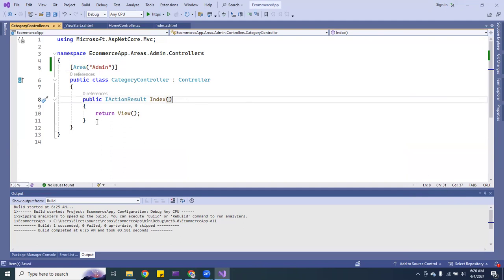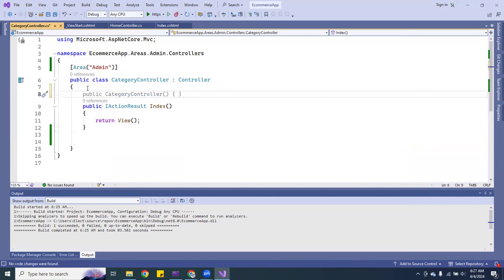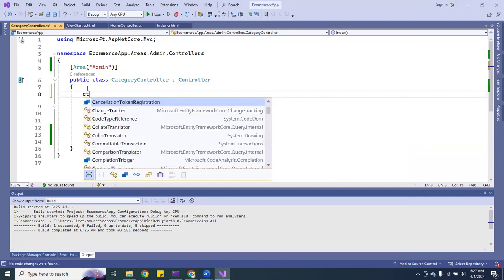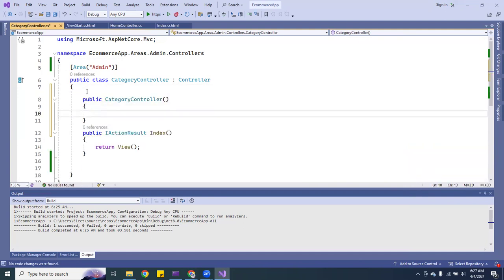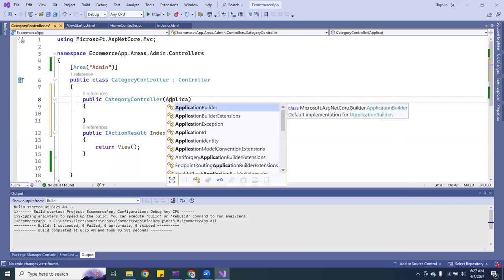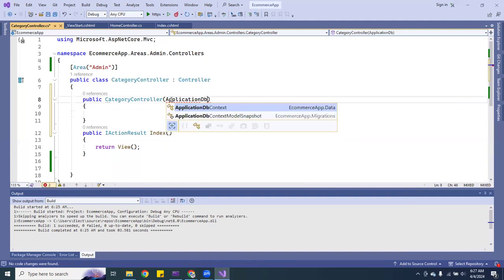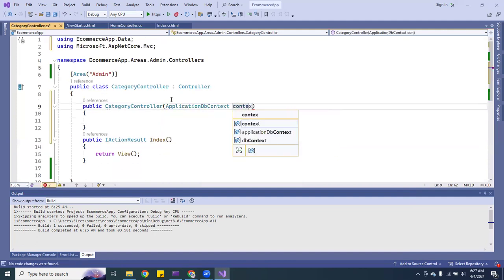So the first one to do is the index. Here what we're going to do is create a constructor. I forget how to do that one. It's been a while. Okay, there it is, CTOR. And here we're going to inject the data context. I think I called it ApplicationDbContext like that. And then